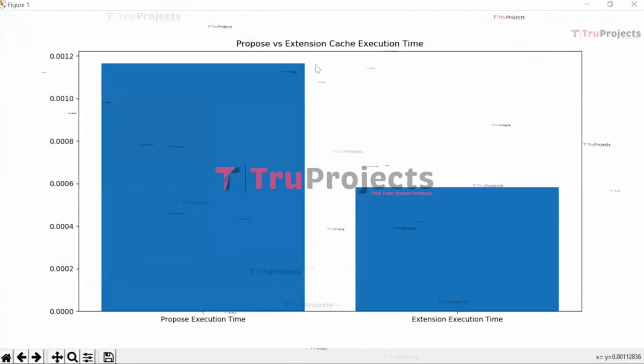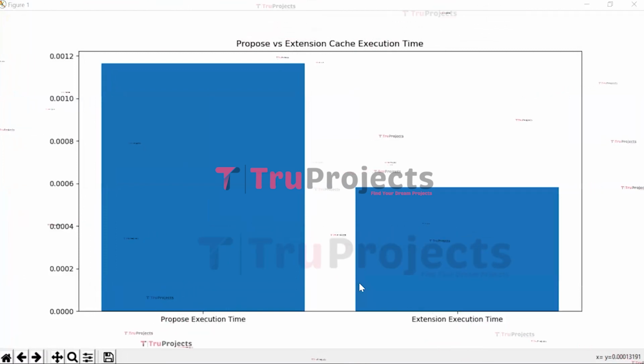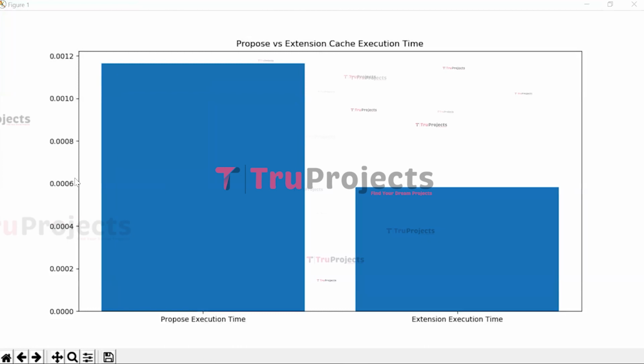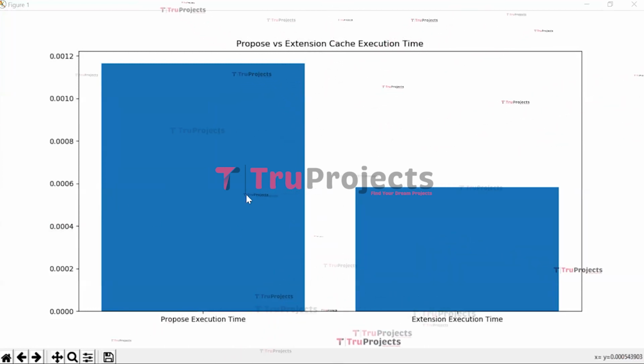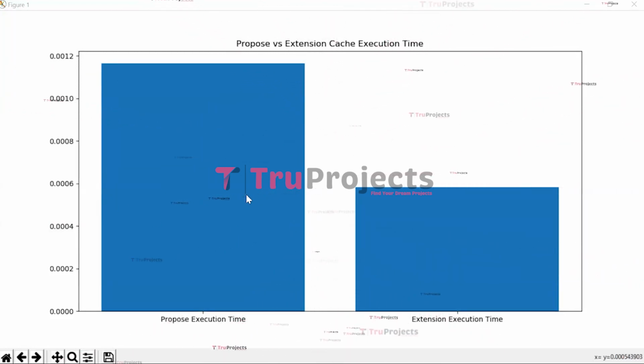This is the execution time graph. The X-axis represents technique name and the y-axis represents execution time, and in the above graph we can see the extension cache technique took less execution time, so it's faster than the proposed algorithm. Now close this graph,